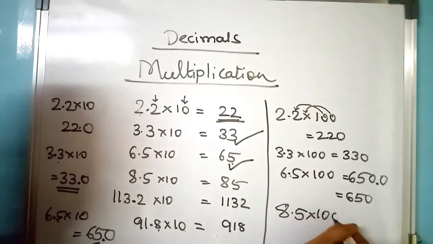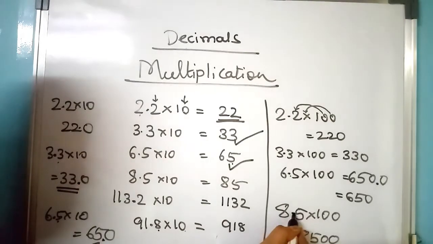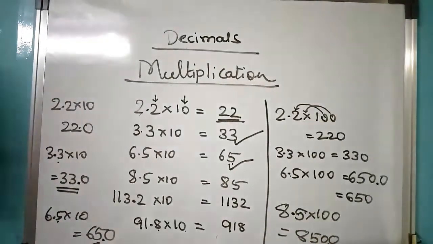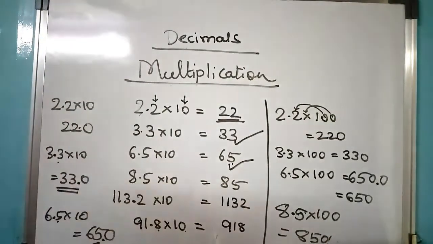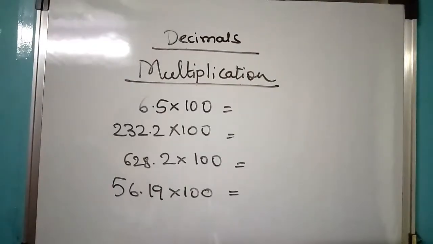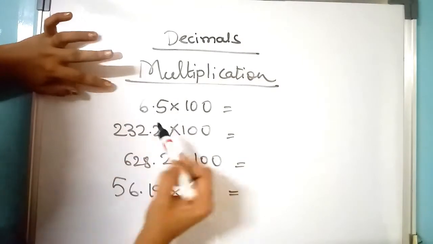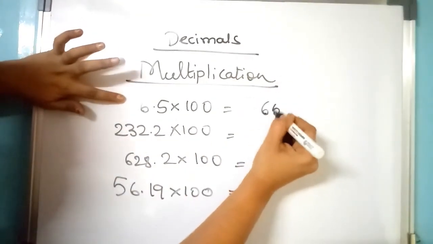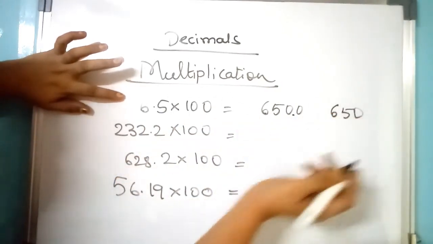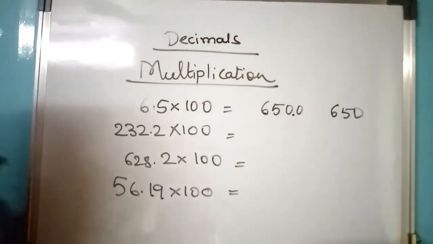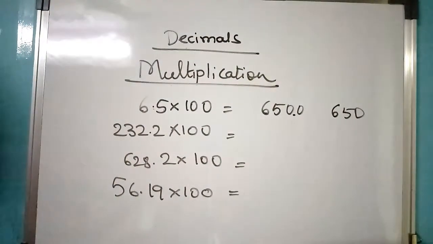8.5 into 100, when I do this, write the number with all the zeros. Okay, and how many places after decimal? One place, so to the left we have to place the decimal. Okay, so 850 is the answer, where we avoid writing 0. Okay, let's see a few more examples based on the same property. It is a very simple way: 6500, and after decimal one place, so place it here, so the answer is 650. Now repeatedly when you do this, you will do this in mind, where to place the decimal.